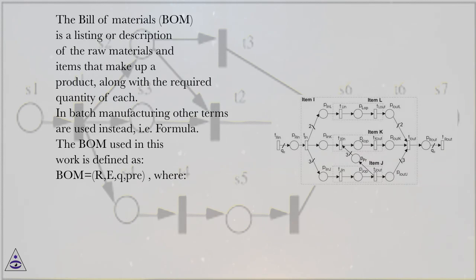The bill of materials, BOM, is a listing or description of the raw materials and items that make up a product, along with the required quantity of each. In batch manufacturing, other terms are used instead, i.e. formula. The BOM used in this work is defined as BOM equals (R, E, Q, pre), where